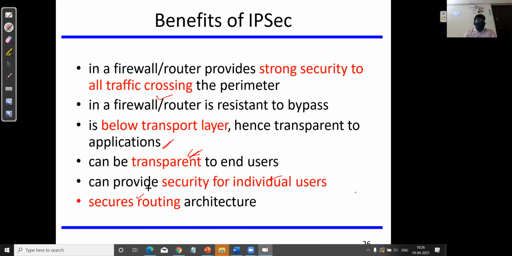So in IP security, you will get the benefit whether the packet has to be transferred through the tunnel mode or maybe the different modes, right? The user can select a secure path where a virtual path will be established between the two devices, source and destination, right? The virtual path will be created between these two devices, and the data will be transferred in a secured way using tunnel mode. Again, there are two modes that we will be discussing in the later session: transport mode and then tunnel mode.